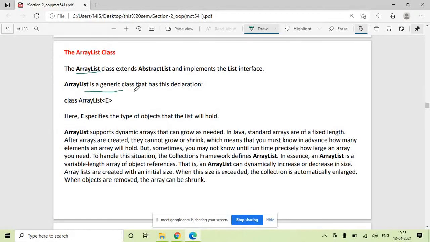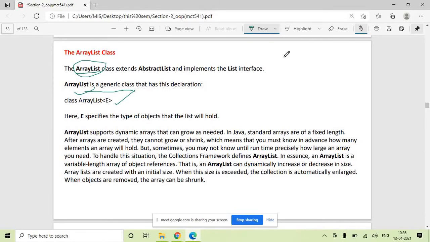Now ArrayList is a generic class. ArrayList is a collection class and ArrayList is a generic class. Now you can correlate, that is how a generic class is created. It means suppose you want to have an array list for integer values, then the same ArrayList class will work for integers. If you want an array list of string, the same ArrayList class will work. If ArrayList class were not generic, you would have to create a separate class for integer and a separate class for string.